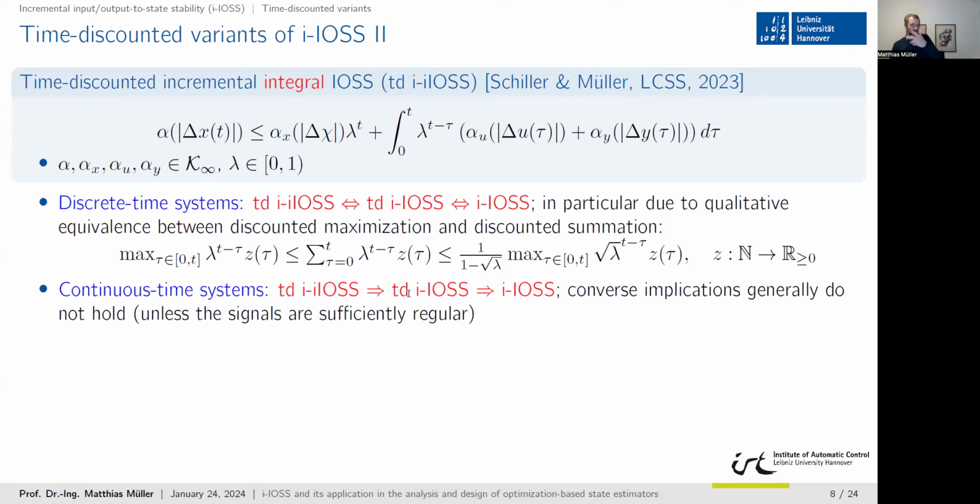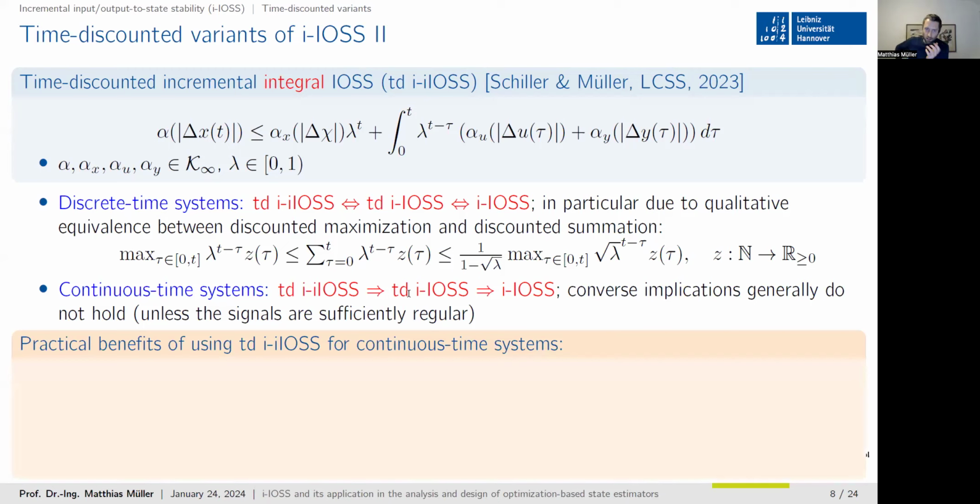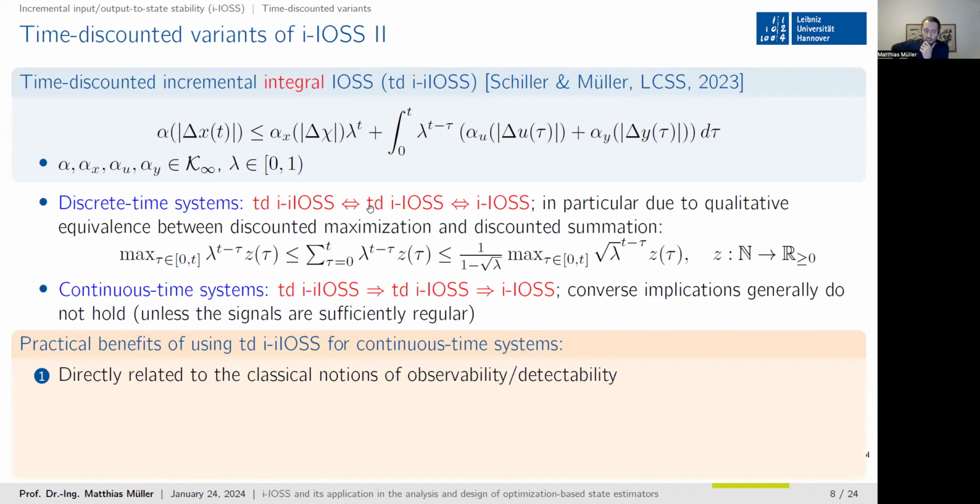Now, what's the meaning of all that, or why is that actually interesting? As I mentioned before, specifically in continuous time, using this integral version is quite intuitive and interesting. Why? First of all, it's directly related to classical notions of observability and detectability, right? For linear systems, not surprising, it's equivalent to just a standard detectability. But also for nonlinear systems, you can relate it to maybe more classical notions of observability. For example, if you look at the observability map and assume that this is invertible, which is a standard notion of observability, you can show that this actually implies that the system